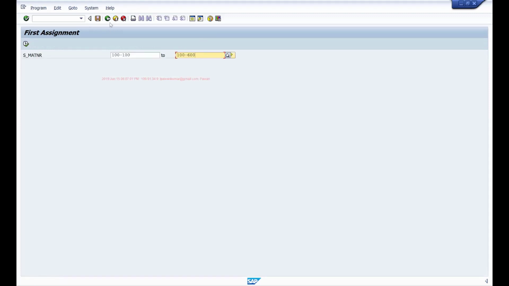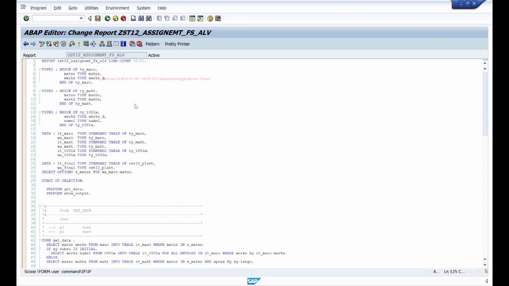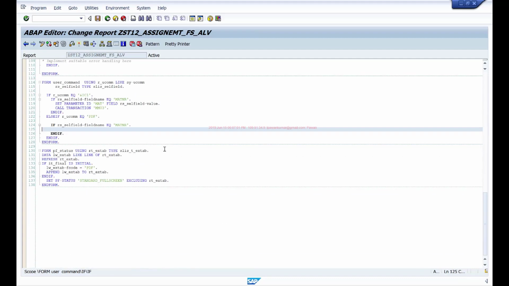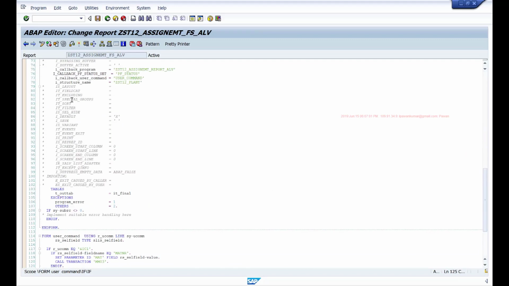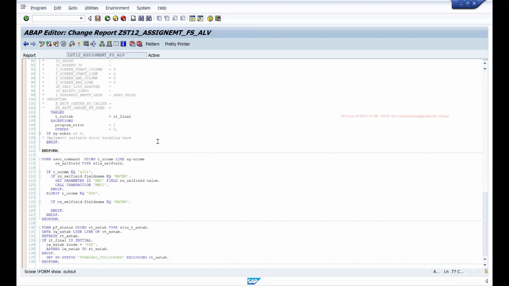If you want to statically handle this, then we already know that in the ALV output, if the user double clicks, it will trigger that user command subroutine where we can check this function code &IC1. So I should be writing my code in that particular subroutine. We've already discussed this while talking about ALV reports, that the ALV will call this user command subroutine that you're passing when you're calling the ALV, and the function code for double click is ampersand IC1.